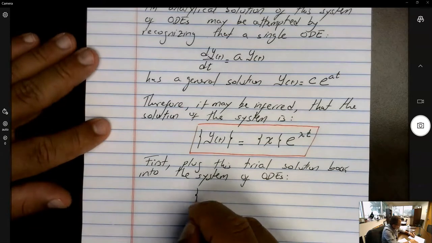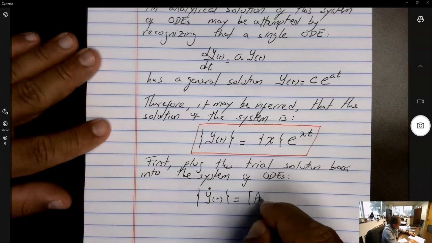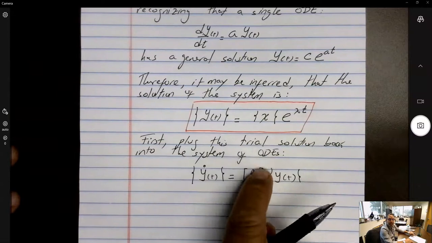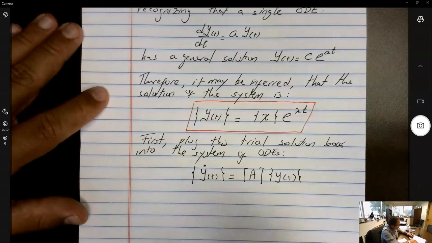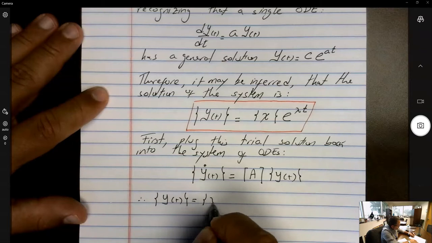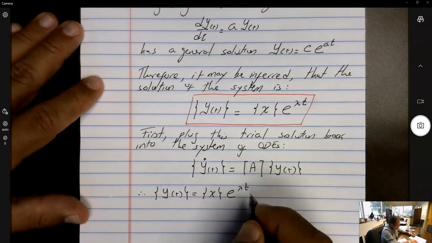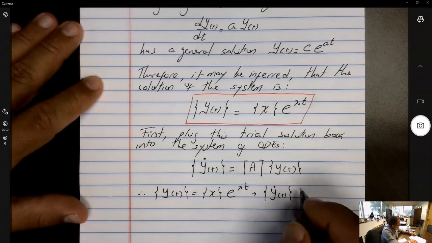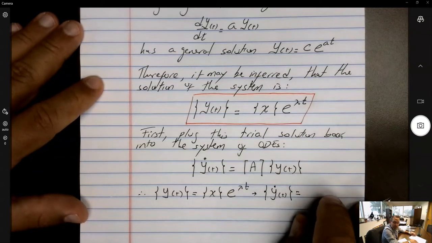So if the system looks like y dot of t should be equal to A y of t, that is the system that is given to us, and this is the solution that we're guessing as a trial solution, then if we are saying that y of t is equal to some vector of constants of integration x times e to the lambda t, then y dot of t, so if we differentiate each one of these solutions,